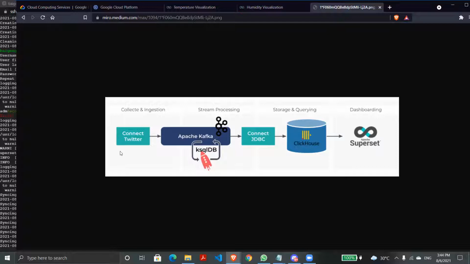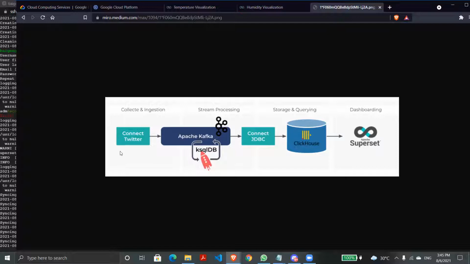Apache Kafka is a software and a technology for stream processing from Apache, and we'll be having KSQL DB, the Kafka SQL database inbuilt inside Kafka, to simulate and represent our data in a database format and to retrieve that data.